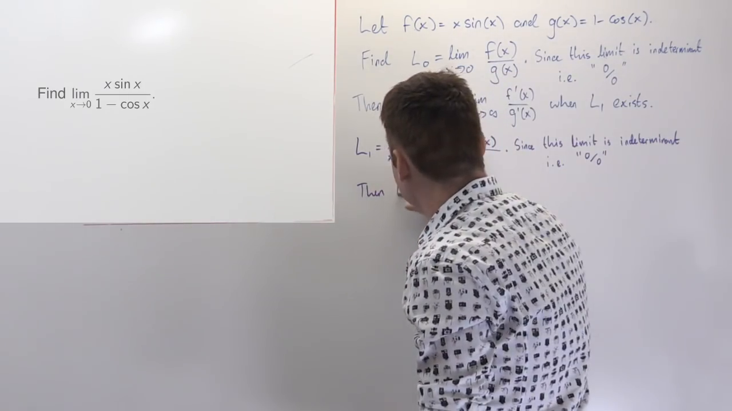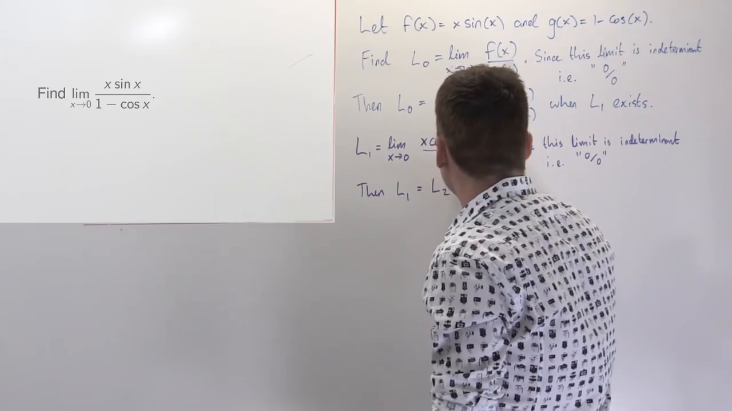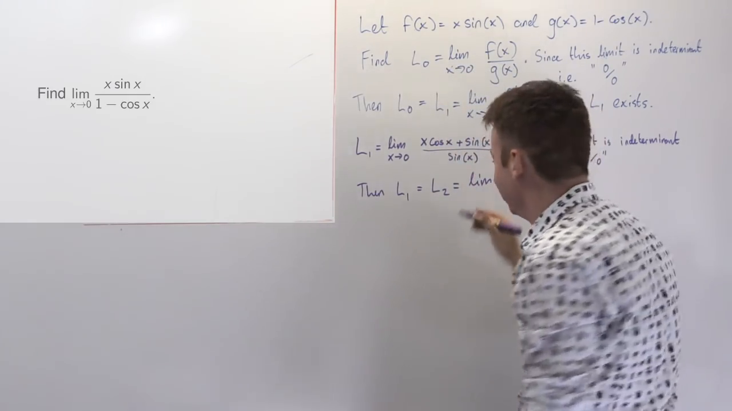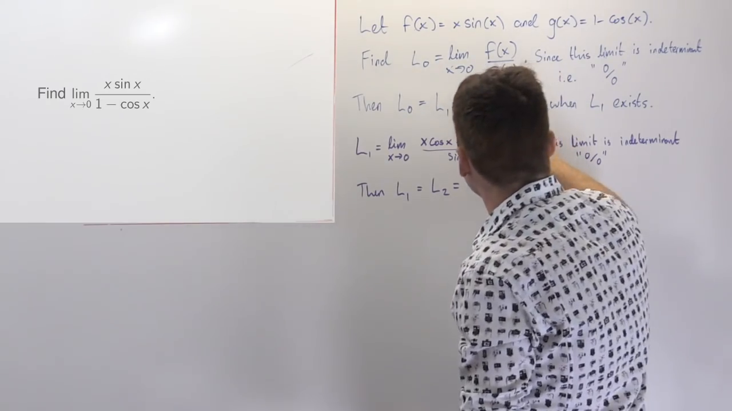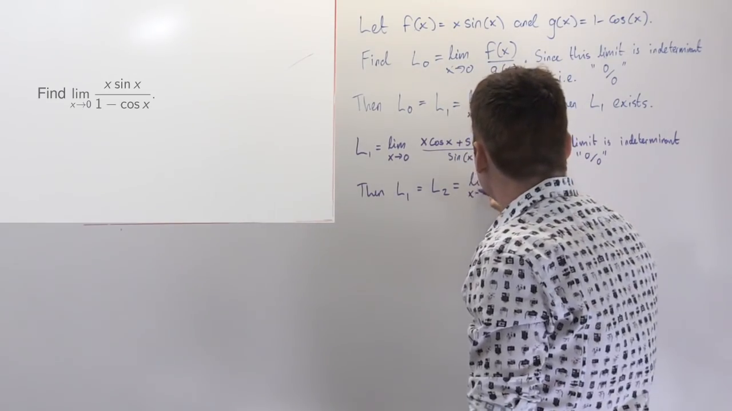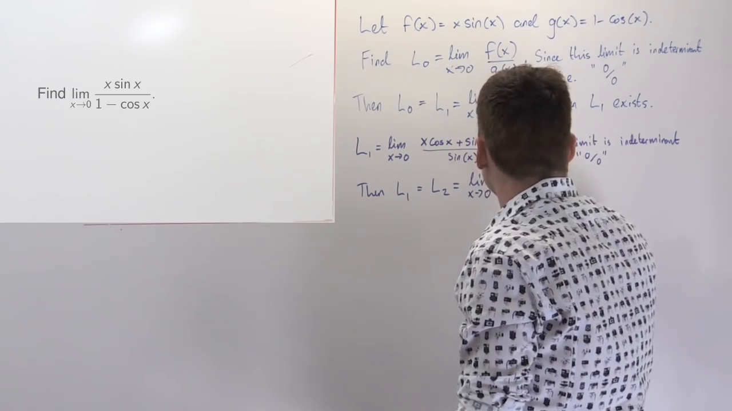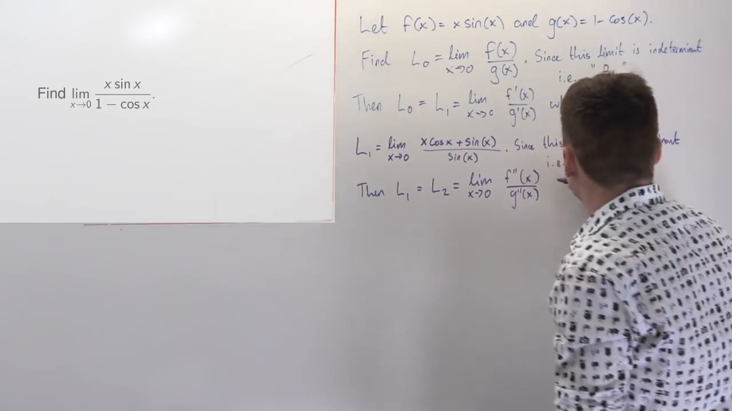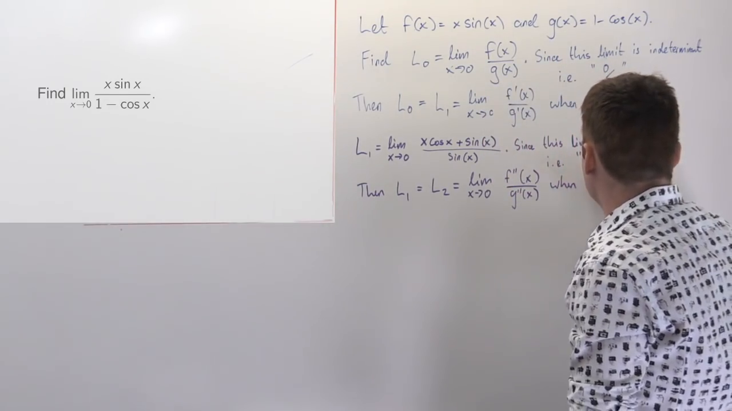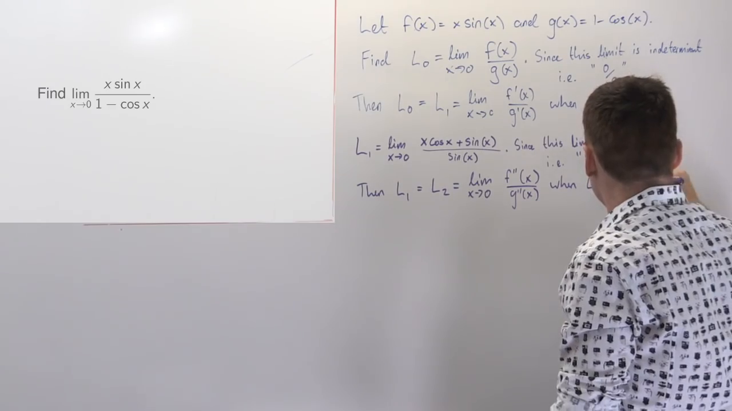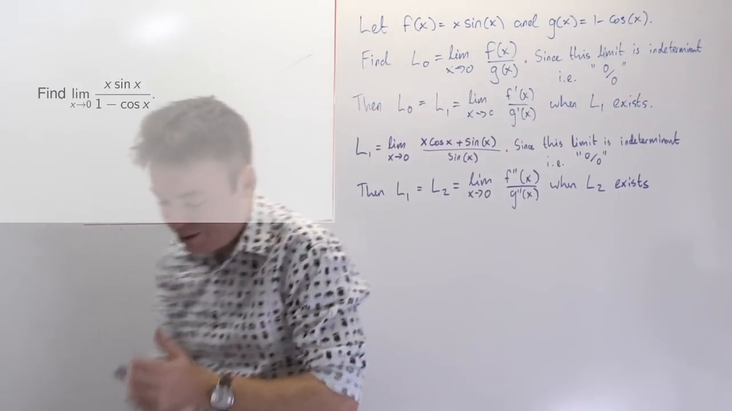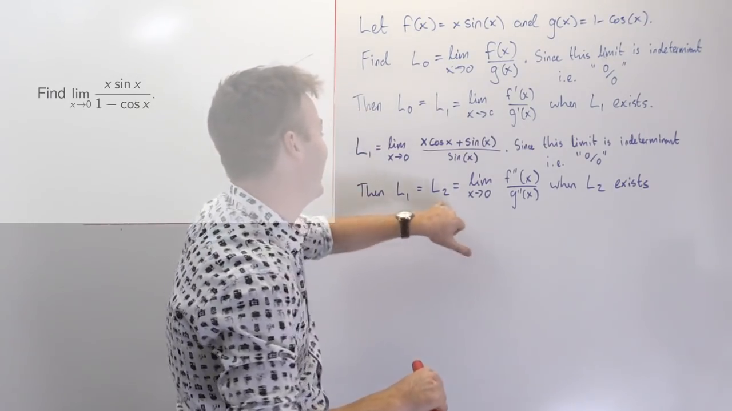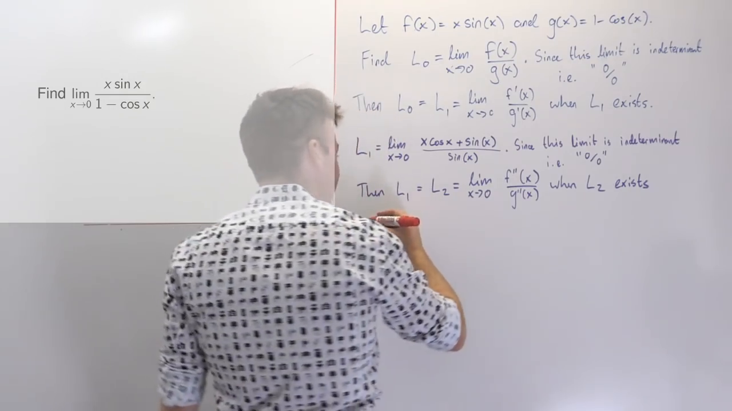Then L1 is equal to L2, which is the limit, again applying L'Hopital's rule, but one step deeper this time, when x approaches 0 of f double prime of x over g double prime of x, when L2 exists. So how do we know if L2 exists? Well, we have to go deeper. L1 exists if we go deeper to L2. Now L2